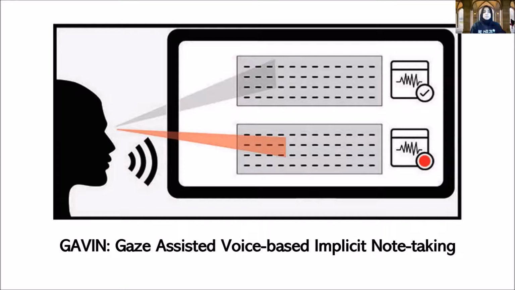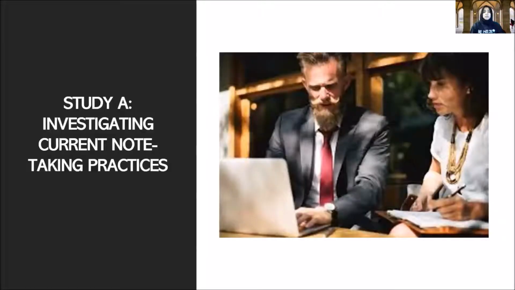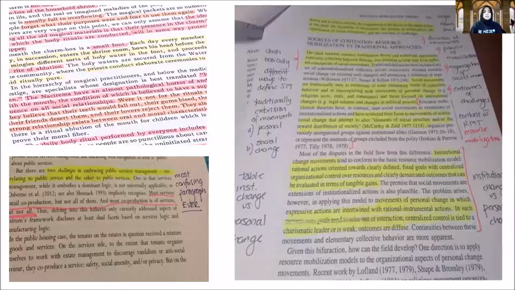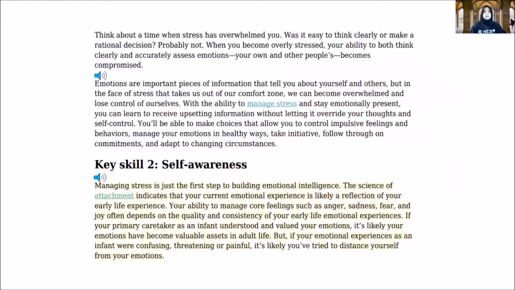To build such a system, we first conducted a contextual inquiry to ground the design of the system in existing note-taking practices while probing the attitude of potential users towards the idea of a gaze-assisted voice note-taking application. Our results show that participants made different kinds of notes. However, for all notes, participants cited a need for high accuracy in the system's ability to anchor voice notes.